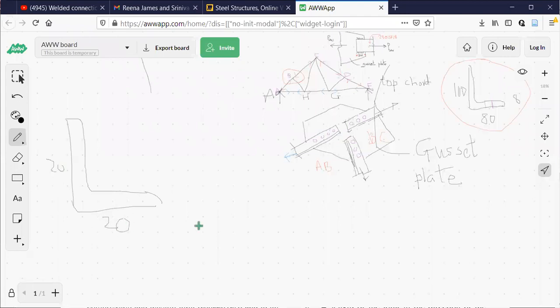When both the sides have the same dimensions, you will have the centroid somewhere here. So whether x bar or y bar, it will be the same from this corner. Whether you measure this distance or this, it will be the same. That is why CXX is equal to CYY.